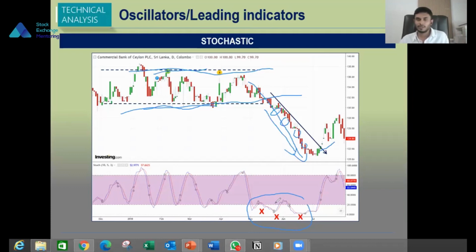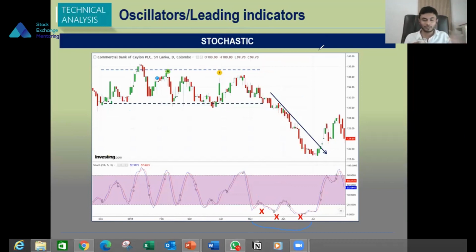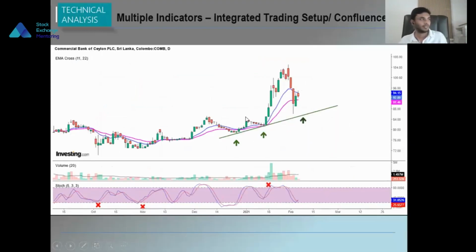the indicator sometimes can give you wrong signals. So this is the reason there comes the need to integrate these indicators, momentum indicators which we spoke about earlier, like exponential moving average, and reversal indicators like oscillators. So we combine these indicators and have a confluence setup which will help us to make our trading decisions in a very rational way. So let me give you a simple example on multiple indicators, how we are using our multiple indicators to make our trading decisions.